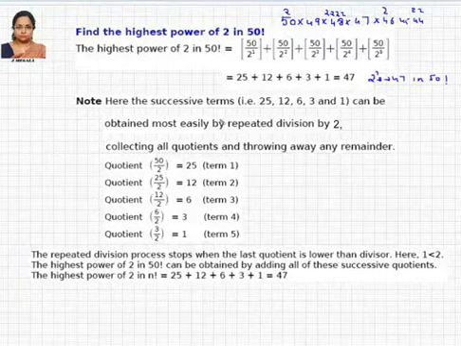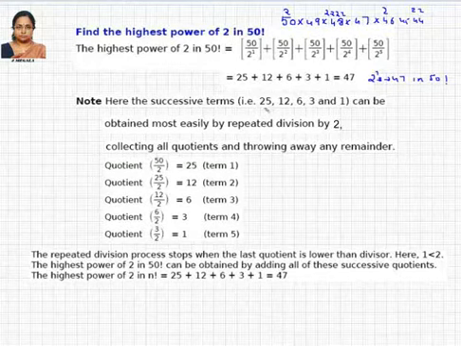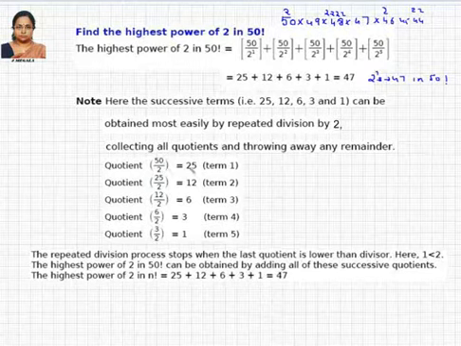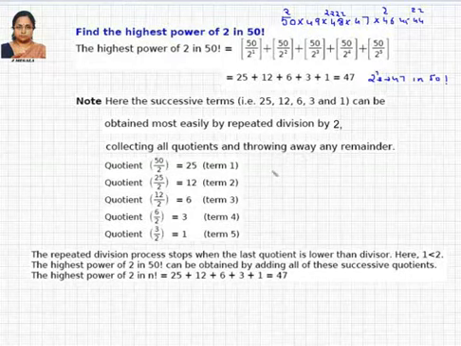The other method which we apply here is the successive division method. In the successive division method, you keep dividing continuously by the same number. It is the same thing we have done, and it gives you the same result. You first divide 50 by 2, you get 25 as a quotient, and that quotient again divided by 2 gives 12, then again you divide that by 2. This is called the successive division method. Of course, I follow only this method.